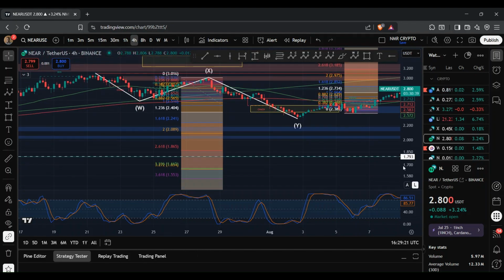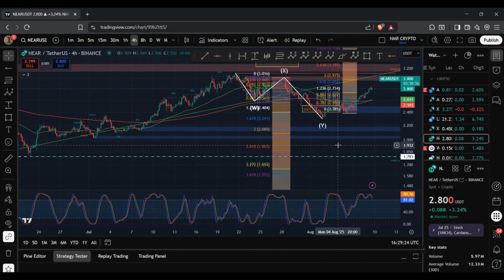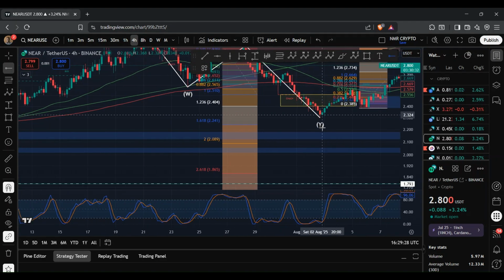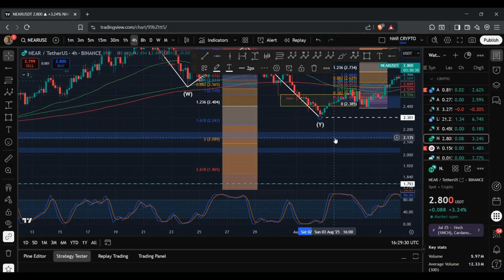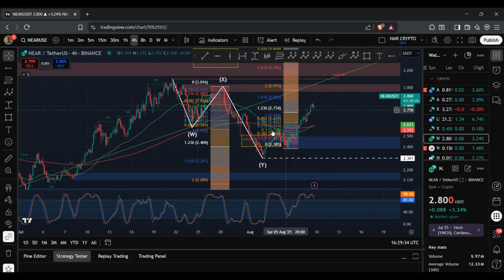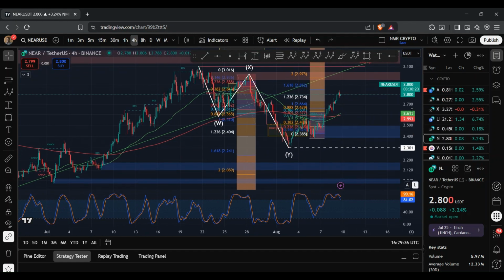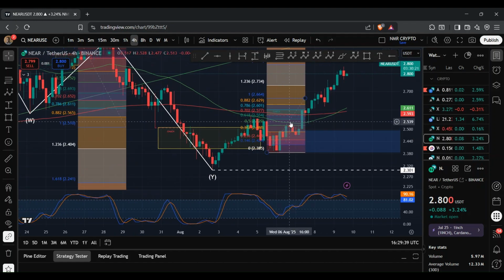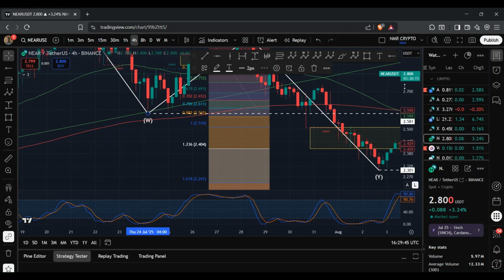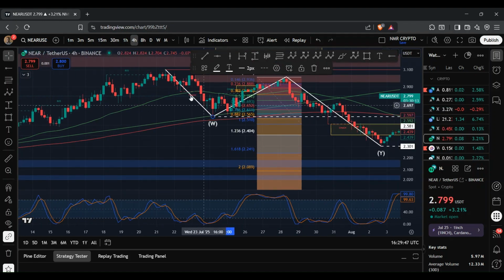because what that tells me is what we don't have forming is an impulsive move to the downside where we could see lower lows. And so it's possible that we ended up bottoming out at this level here at $2.301, and we could see that move to the upside, which seems to be the case at the moment. And you can see that we ended up breaching past some key levels such as the 50 EMA and the 200 EMA. And we also ended up breaching past this level here, which is the wave W or the wave X origin. And this level sits at